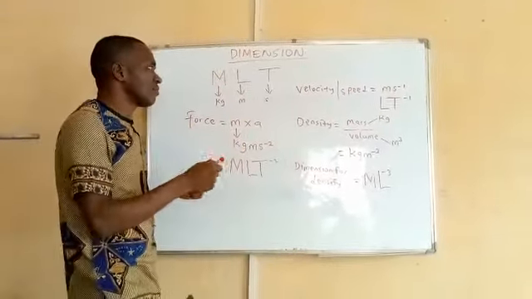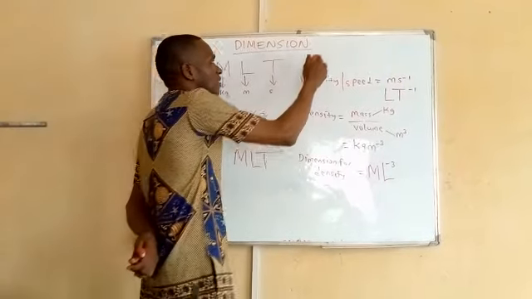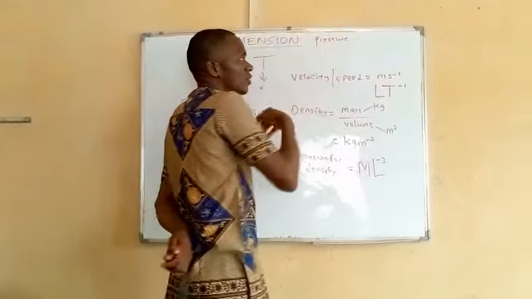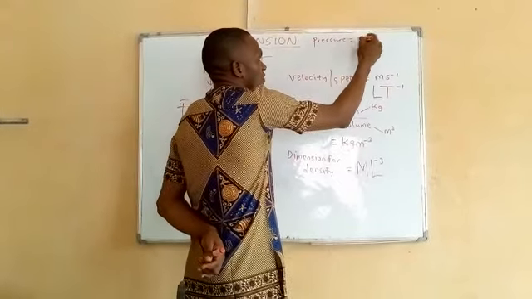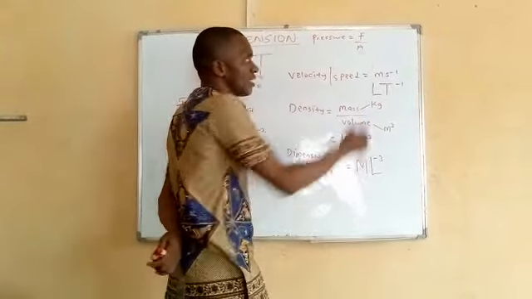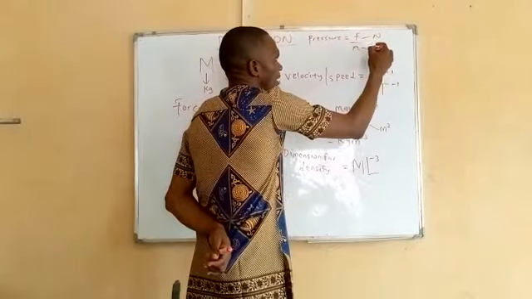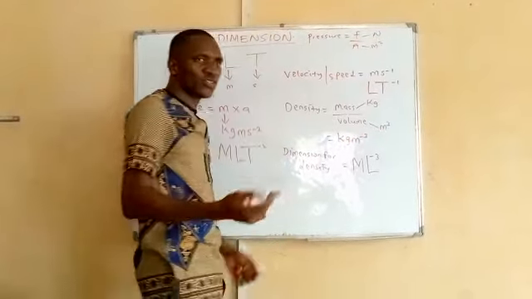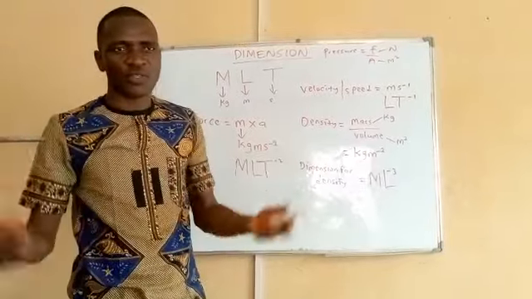So at your leisure time, I would love you to try the dimension for pressure. You try that out. It's F all over A, Newton per meter square. So break this Newton down, compare it with meter square, try it out,